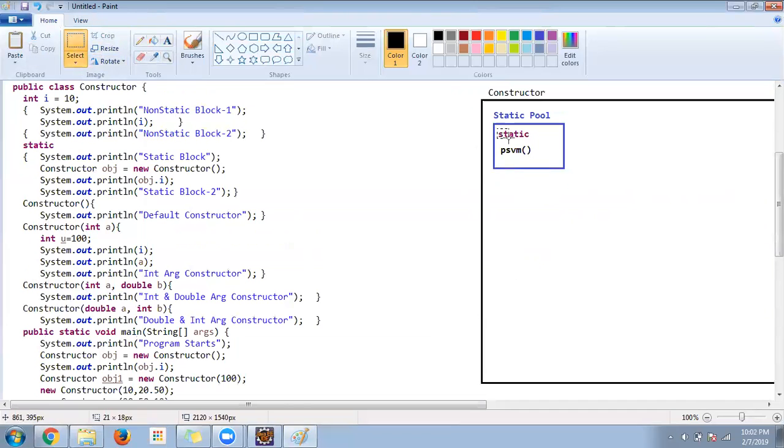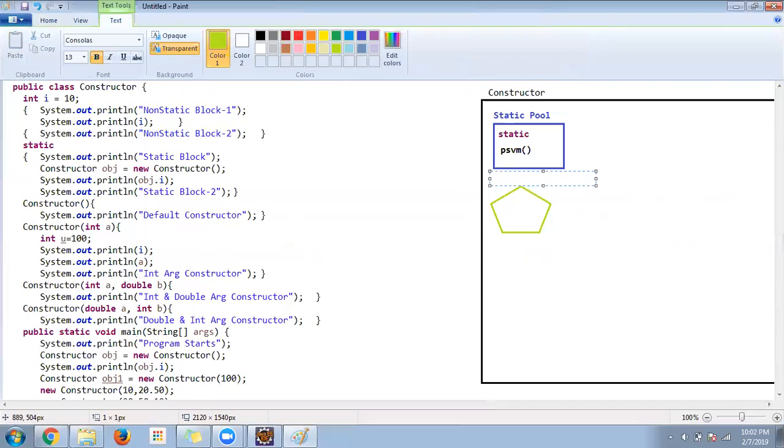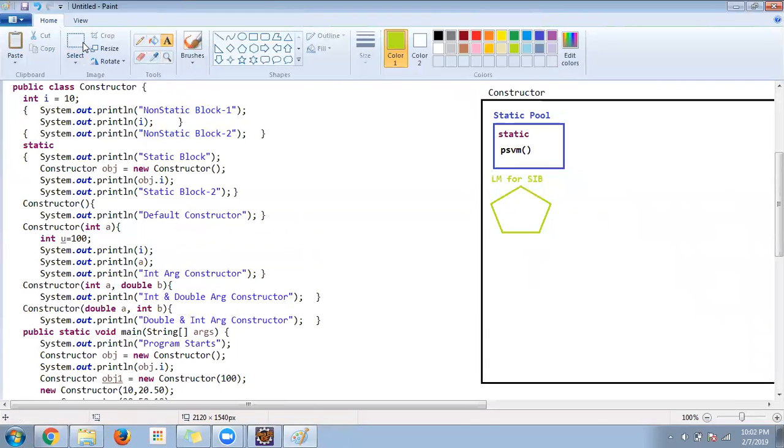My static pool. So the static pool first starts to execute for us. So a local memory for the static pool will be created. Then it comes here. The first information, the static block, will be